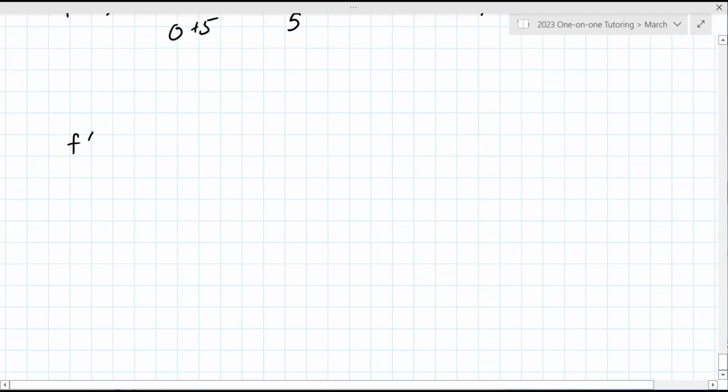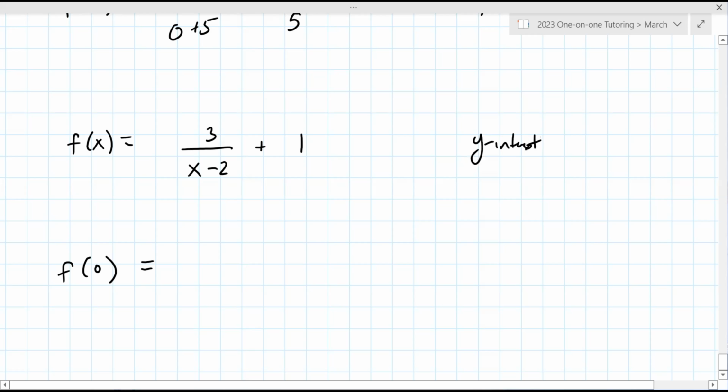All right, so let's try another one here. Let's say f of x equals 3 over (x minus 2), plus 1. Last one here before we move on to something else. Will you find the x-intercept? I'm sorry, the y-intercept for this one. It's 3 over negative 2 plus 1 over